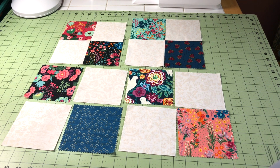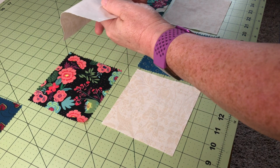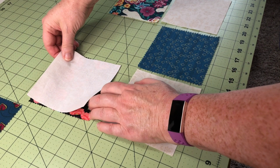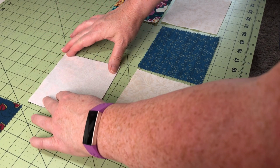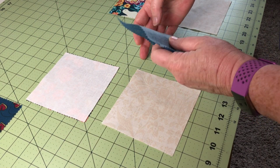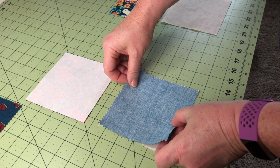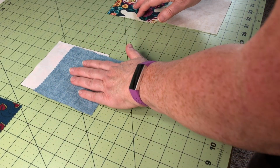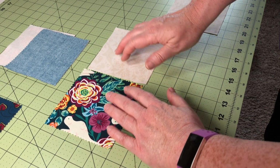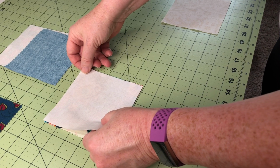So to begin, what we're going to do is sew these in pairs, and we will place right sides together. And because these are small pieces, I don't pin the initial pairs together. I'm just really careful about lining up the edges and carefully running the fabric through the machine to maintain that accurate 1/4 inch seam. And we are going to put these together doing something called chain piecing, which is we